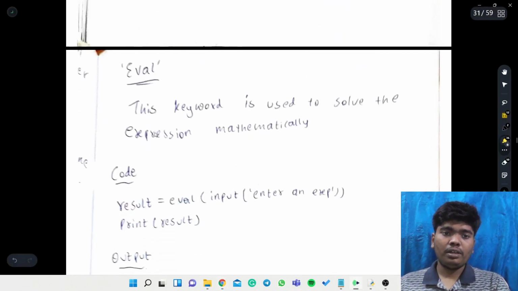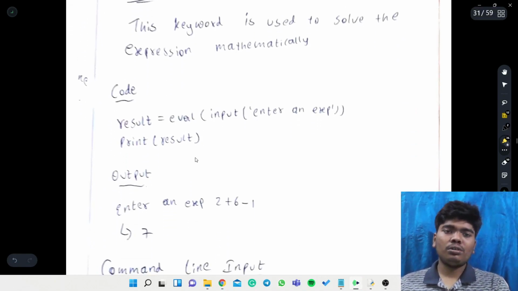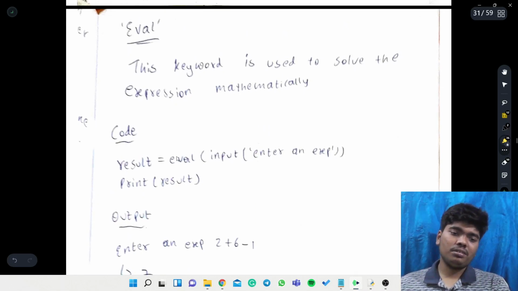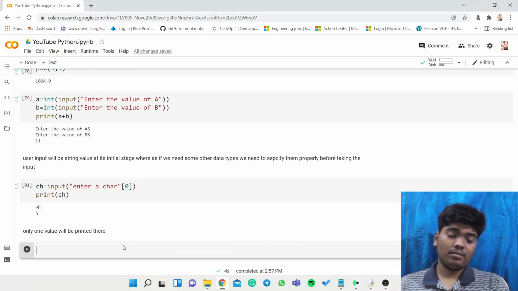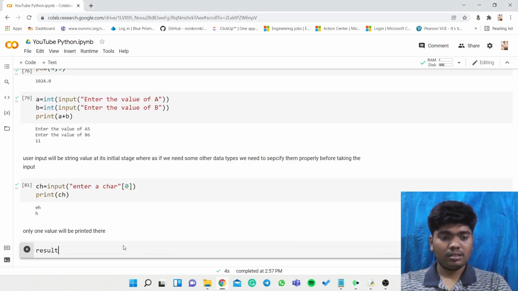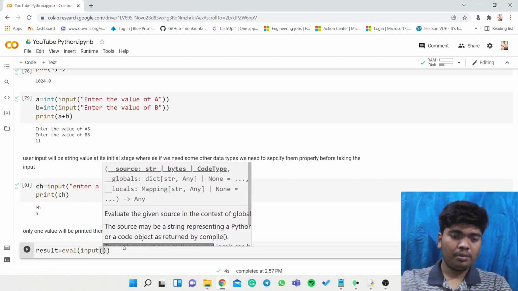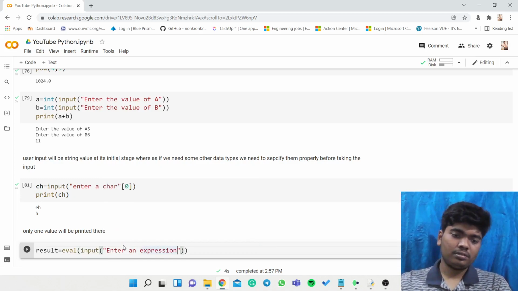Now this will be the output. eval: this keyword is used to solve an expression mathematically. I don't know the proper explanation, but if we need to get something like a mathematical expression, we can use eval. Result is equal to eval of input, enter an expression.